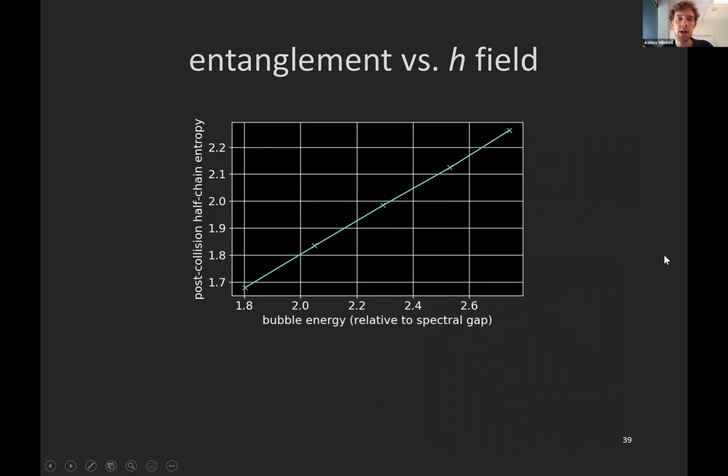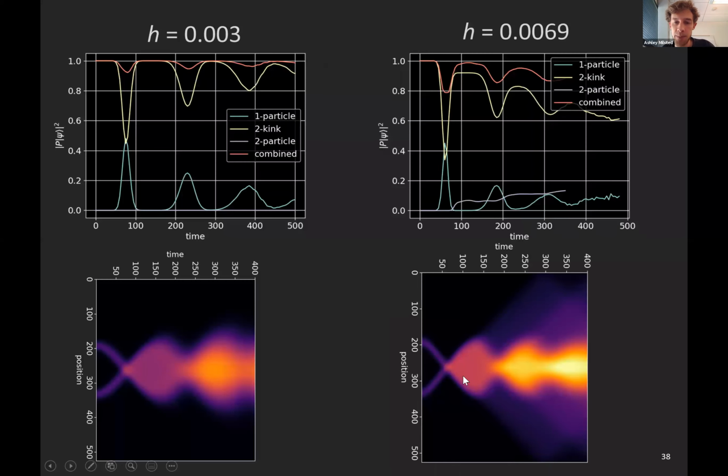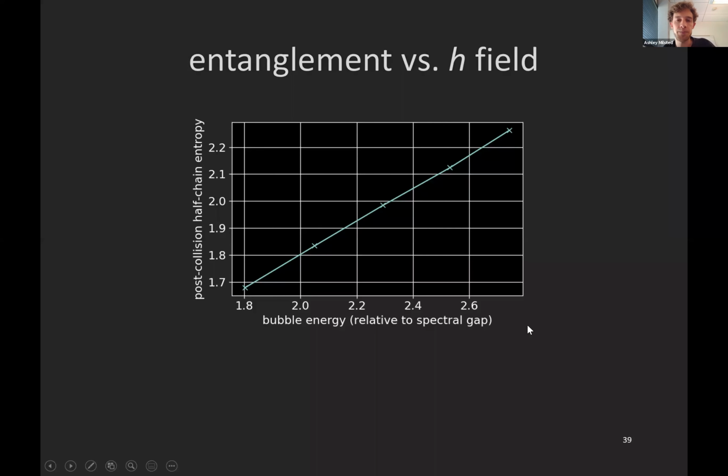So now I'm almost done, but I want to show you a plot of how the entanglement entropy is changing as we change this H field. And now I'm talking about a single number. I'm talking about the entanglement entropy in this plateau region after the first collision, right in the middle of the chain. So for the middle of the chain, in this flat-looking region, a fixed amount of time after the first collision. And we can look at how that changes as a function of this H field, which effectively changes the energy of the false vacuum bubble because it changes the potential associated with the false vacuum. So I've used the energy as the x-axis,